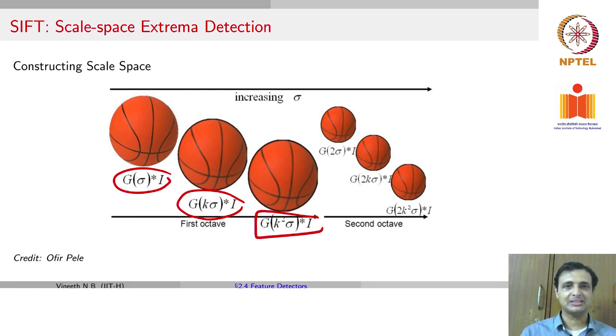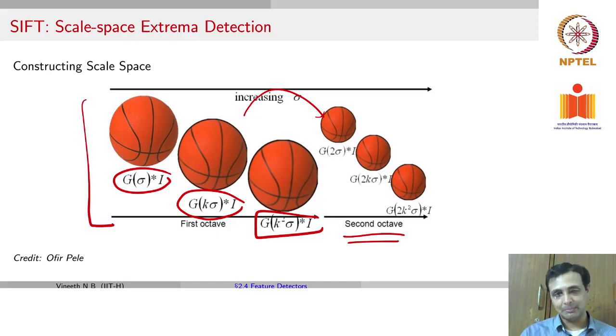Once again, the size of the image remains the same. We are not subsampling at this time, simply making it more blurred depending on what you choose to be k. All these images form what is known as one octave. So you're going to have many such images in one octave depending on the values of k and how many images you wanted. In the next step, you construct your second octave, where the ideal goal would be to subsample the image and then repeat the same process that you had for your first octave.